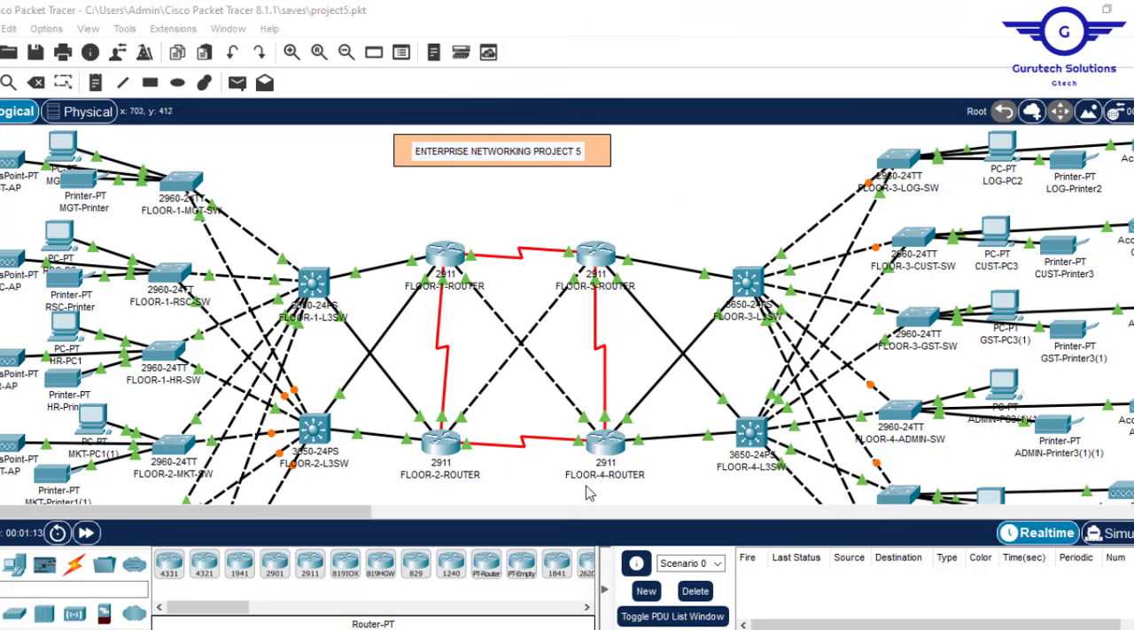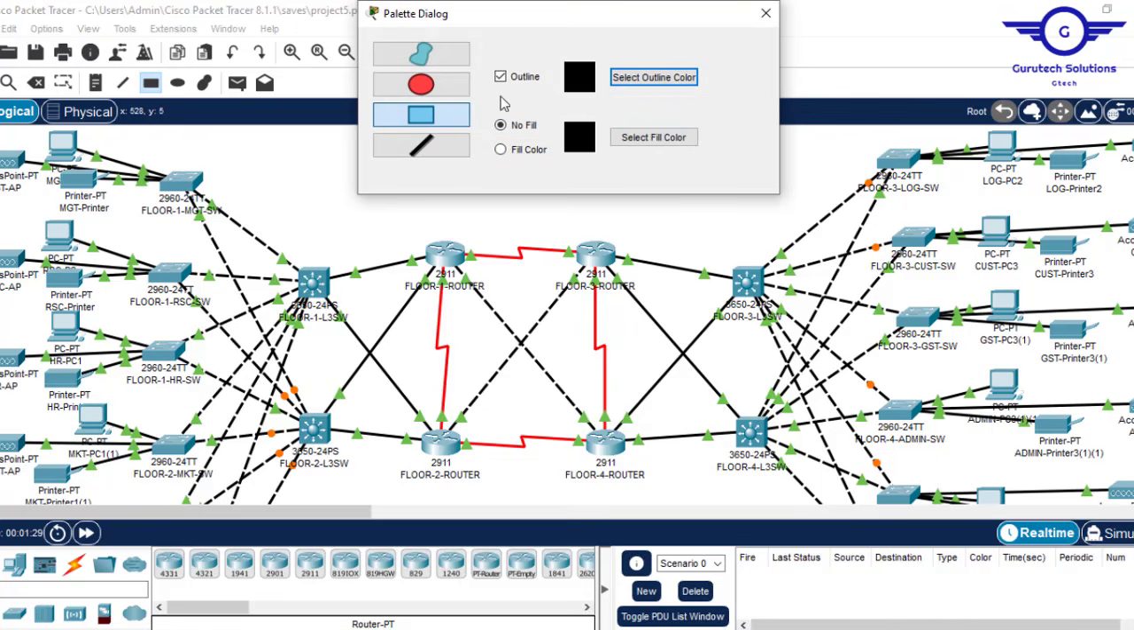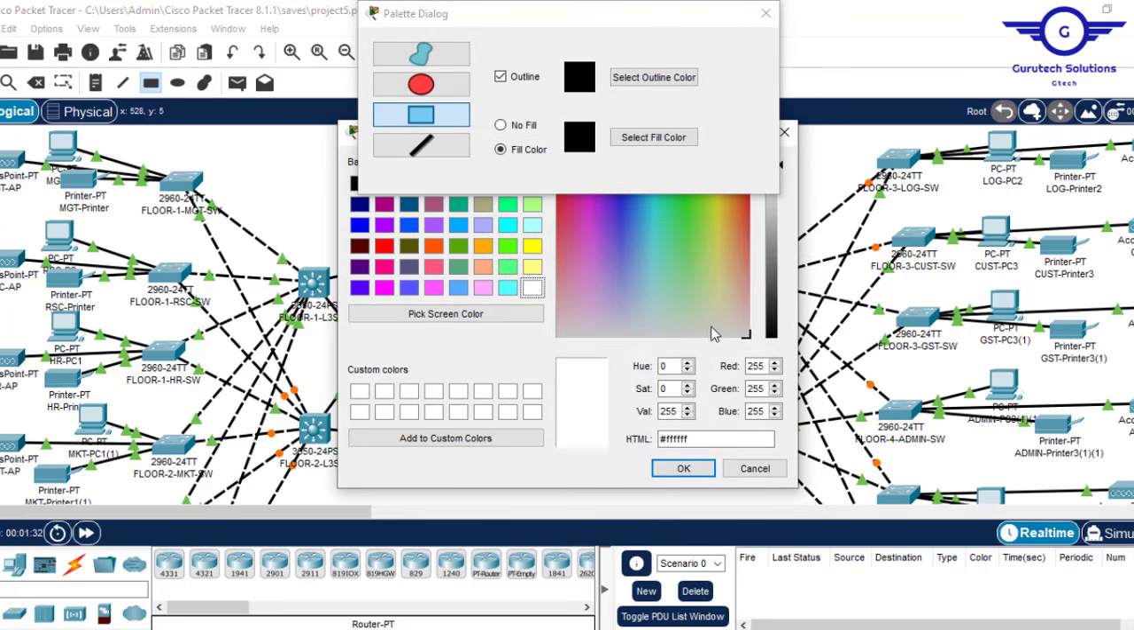Alright, okay guys, so basically what I want to do is to separate the borders. Remember, we have the floors, we have departments, right? So we need to separate the borders so that we can know which floor is this one, which department is this one. Okay, so let me just start. I'll just click on this one and fill color. Then I'm going to select